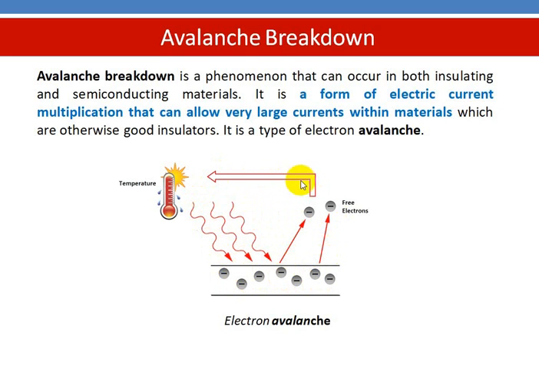This process continues, and at a particular point of time the device starts conducting and will no longer act as an insulator. Similarly, in the case of a diode in the reverse breakdown region, the diode should actually block current. But when you increase the voltage to the breakdown voltage, at that point more free electrons will be produced, and thereby the device starts conducting current, the junction breaks down, and no longer can the device be used.